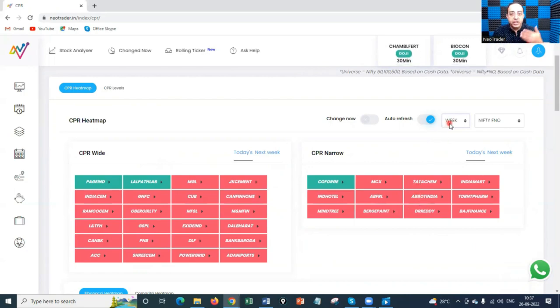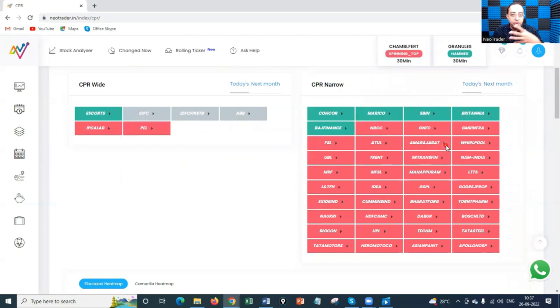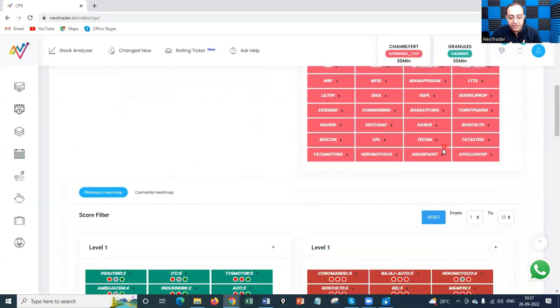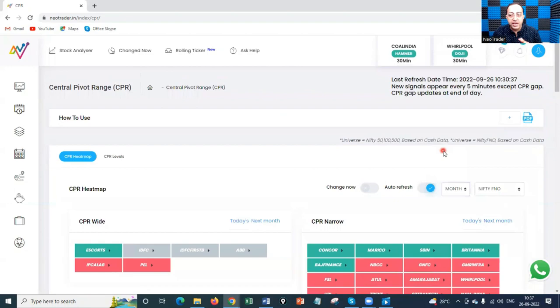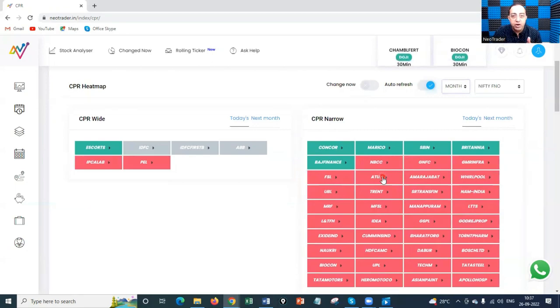Now, if you are interested in an even higher time frame, all you have to do is go to the month. And you can see here that based on the monthly CPR, this is the scenario. So everything is covered. And when you're going to take a trade, this kind of detailed structuring always helps you,